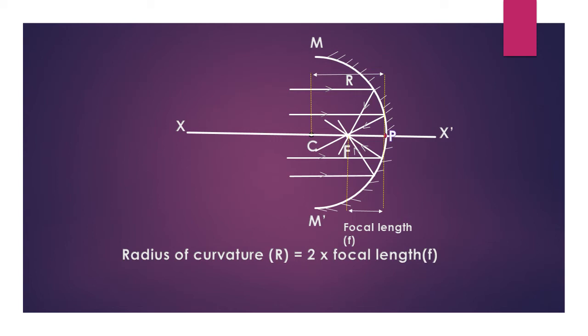So always for mirrors having small diameters, the focal or the principal focus will always lie exactly midway between the center of curvature and the pole. That is why radius of curvature is twice the focal length, or we say focal length is half of the radius of curvature. Now children, the last term, what is aperture? So aperture is the diameter or the portion of the spherical mirror from which the actual reflection of the light rays takes place.